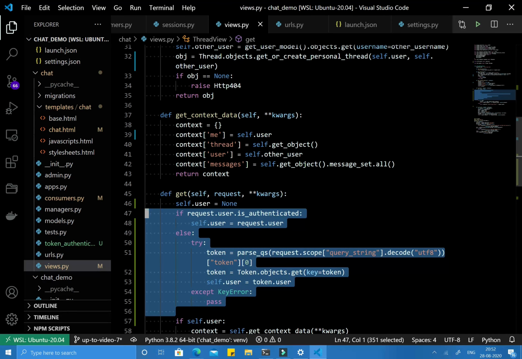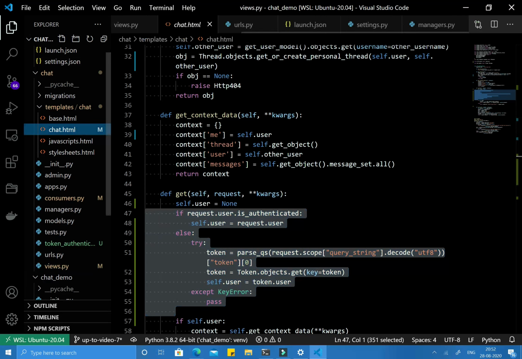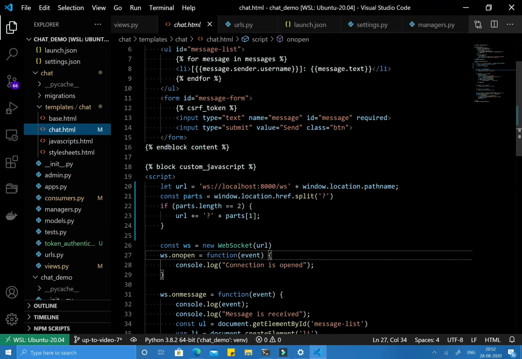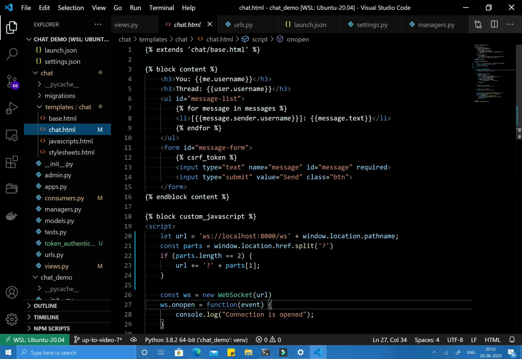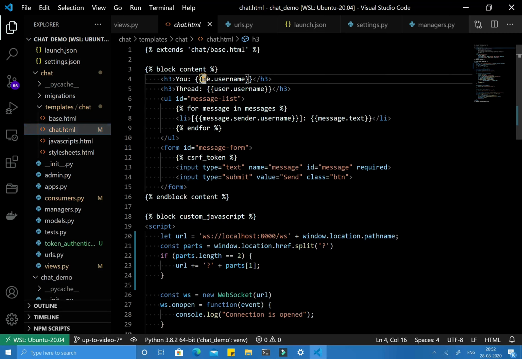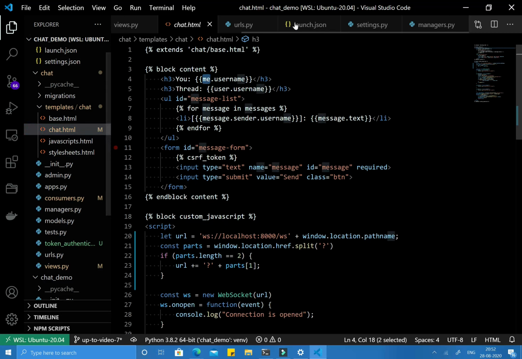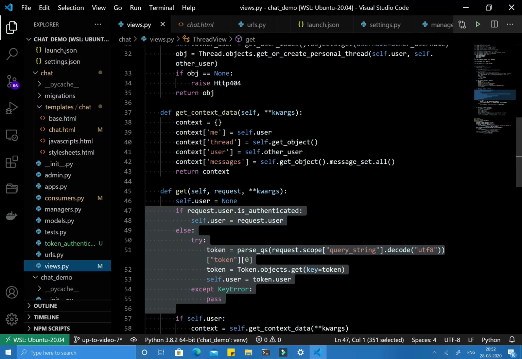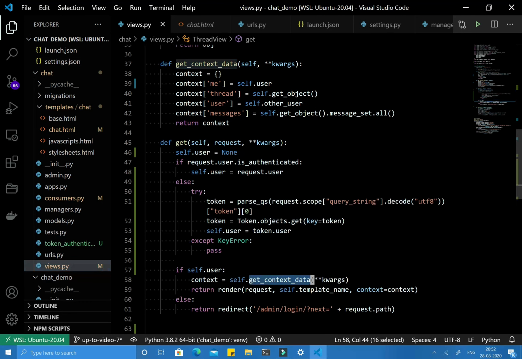I have to do this because the chat HTML file is using the logged in user here, like this, right? Here it is, user and me. And in that view, where is that views? Yeah, here we have the get context data function.